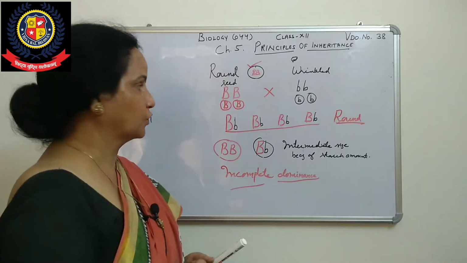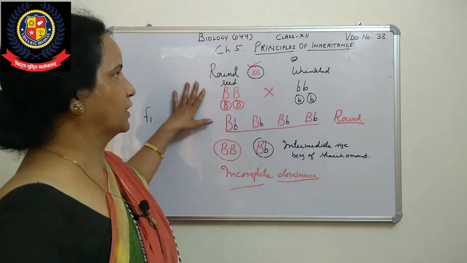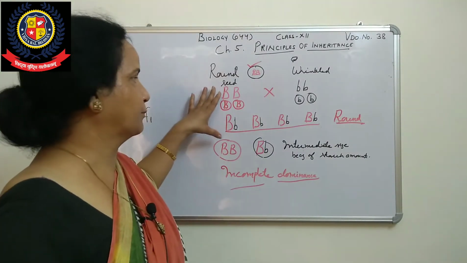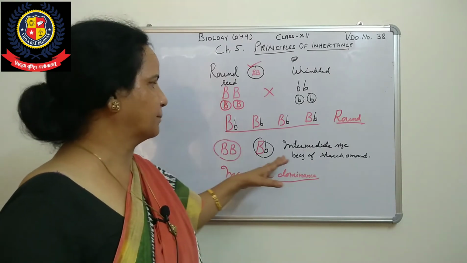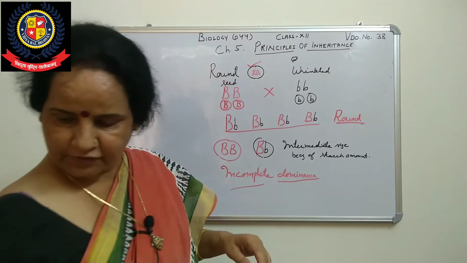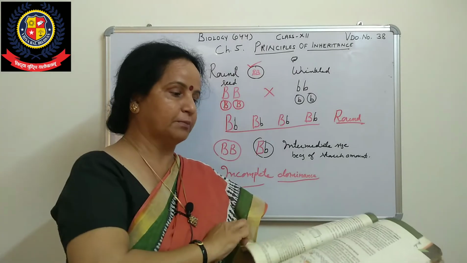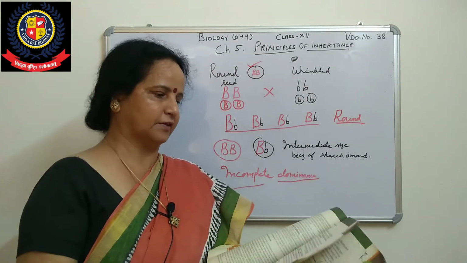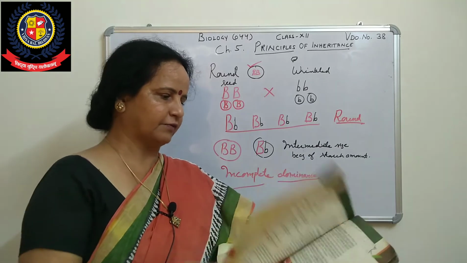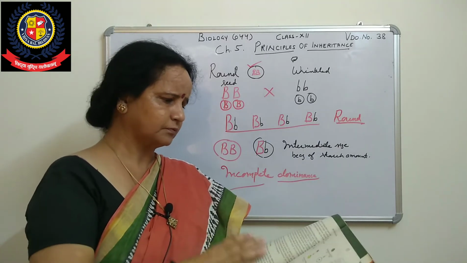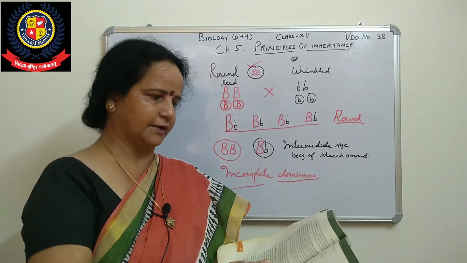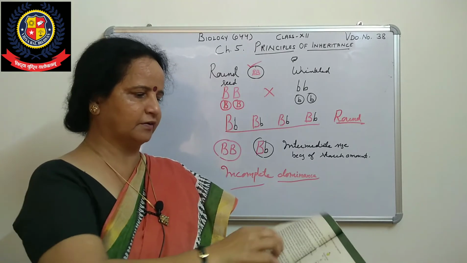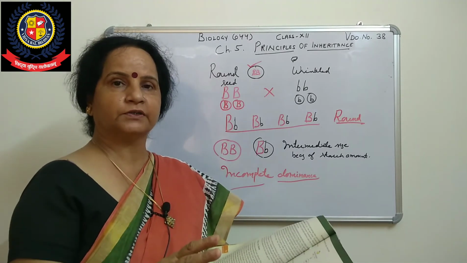Is it clear? So now in this we have done codominance, and one more example is there. For that example, incomplete dominance is given in your book also. You can mark it and just go through that. If any problem, then you can ask here. Otherwise I have completed that one, page number 78. Occasionally from this paragraph, it's very important.